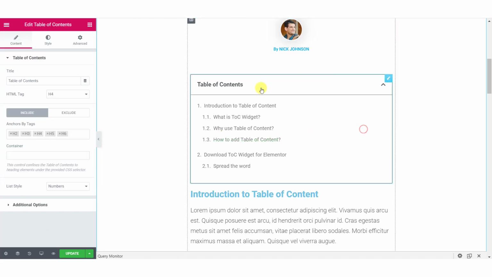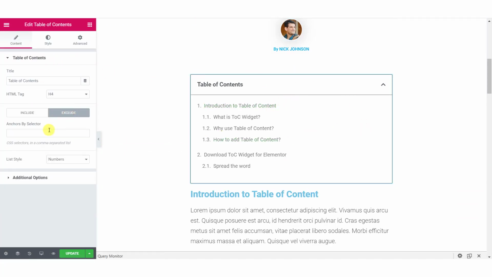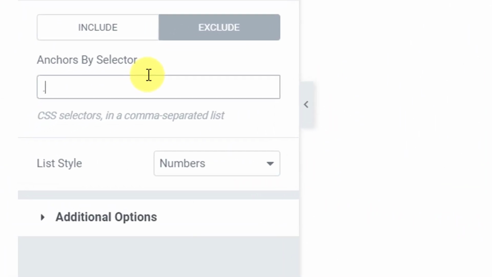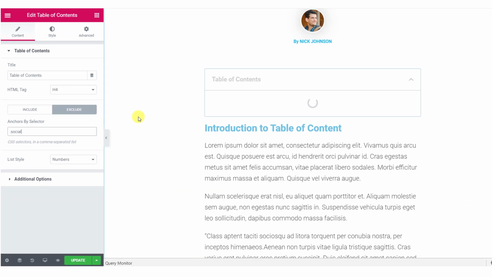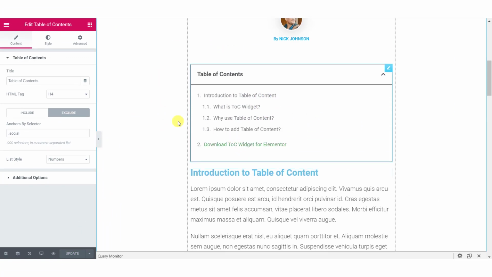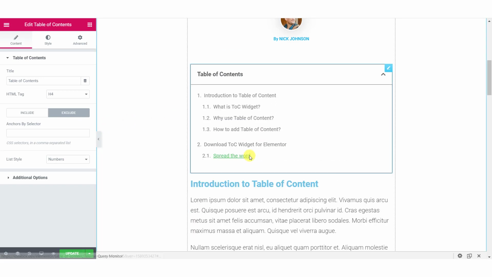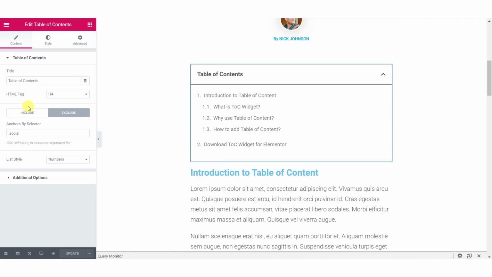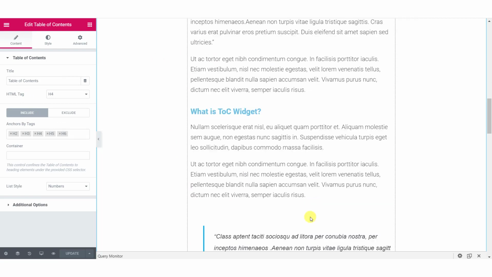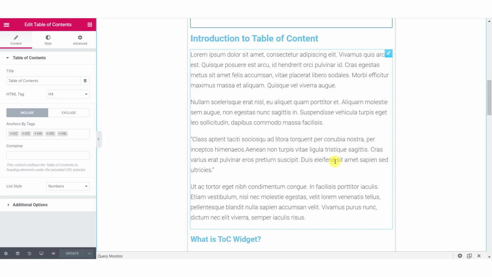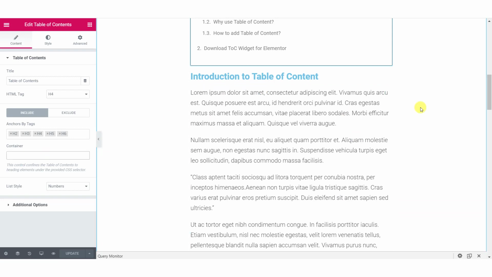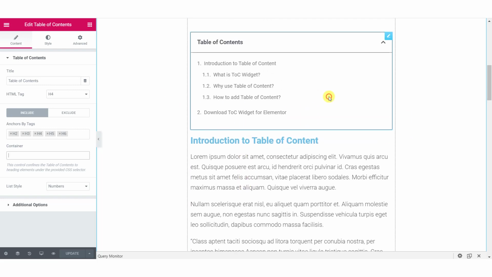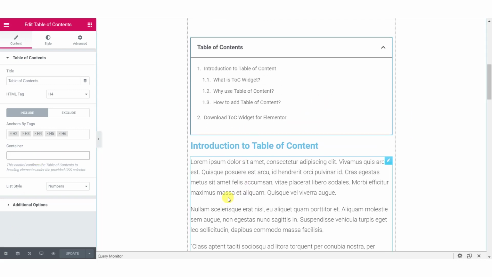Now let's go back to our table of contents widget. Click on exclude and add the CSS class. As soon as you do it, you will see that the social class is excluded from the list. If I remove it, that heading will automatically pop back in. Let's remove this. Same thing can be done for the include section. Let's say if your whole content is in one section or a couple of sections, you can include those sections by doing the same procedure, giving your section a specific ID or class and adding that class ID here in the container section.